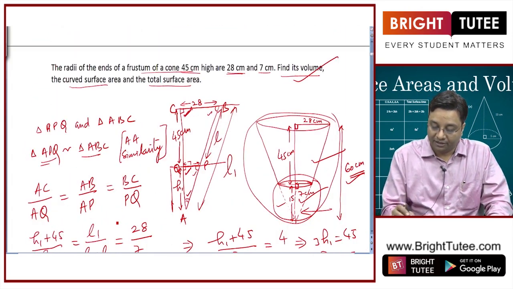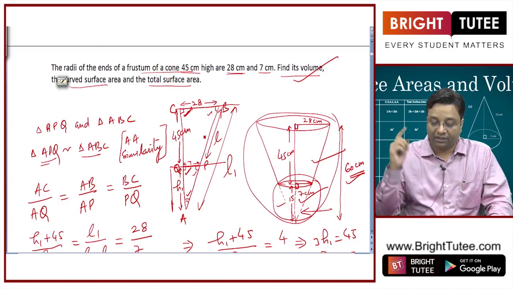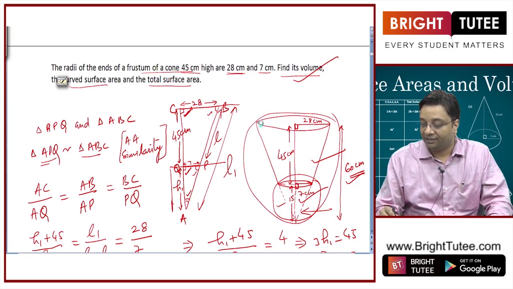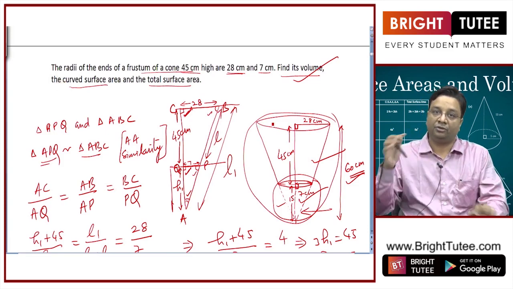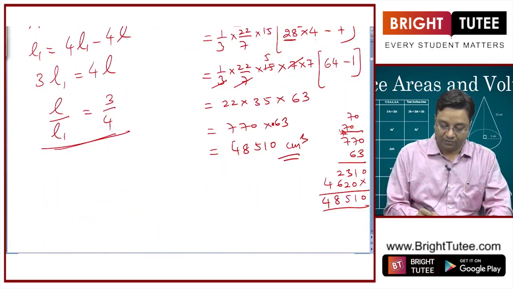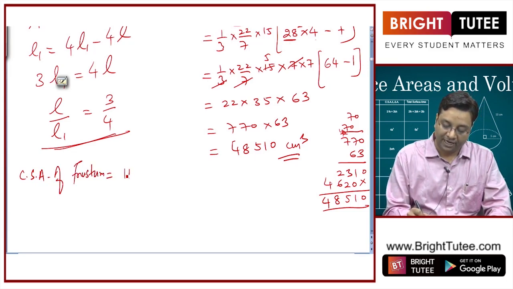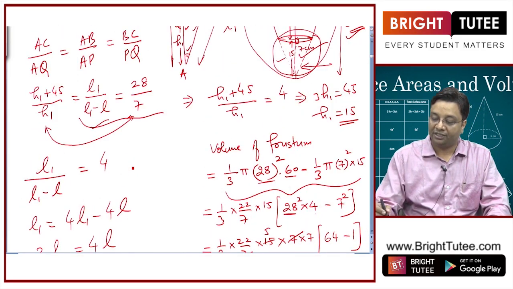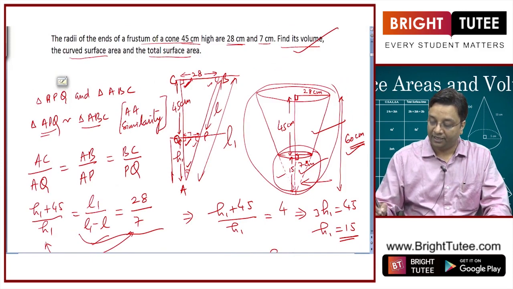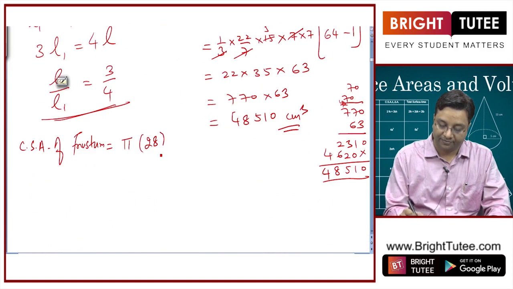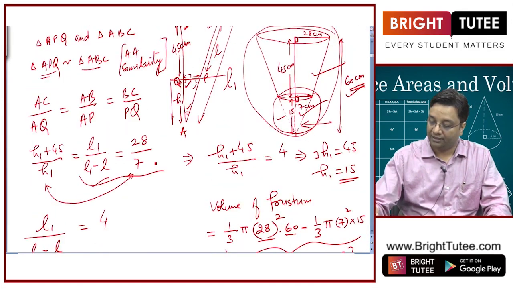Now look at this. You need the curved surface area of this frustum of cone. So now what you will have to do is subtract the curved surface area of the smaller cone from the bigger one. So what will be the curved surface area of frustum? It will be equal to pi. What is the surface area of this bigger cone? Pi r, which is 28, into the slant height. Slant height we have considered L1